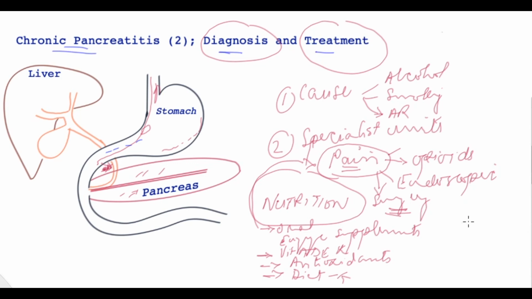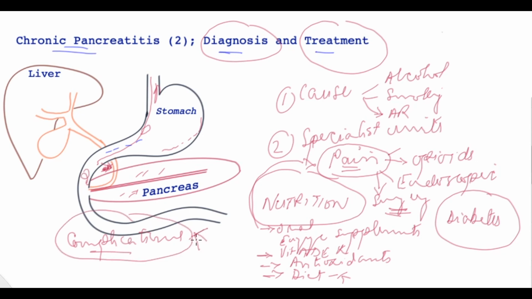After pain and nutrition, it's important that the patients are screened for diabetes and that the diabetes is treated in its own right and according to the circumstances of the patient. Patients should also be regularly screened for complications of chronic pancreatitis when they develop new symptoms, so that these are dealt with. And these include, as previously discussed, pseudocyst, bleeding, fibrosis causing biliary or small bowel obstruction,